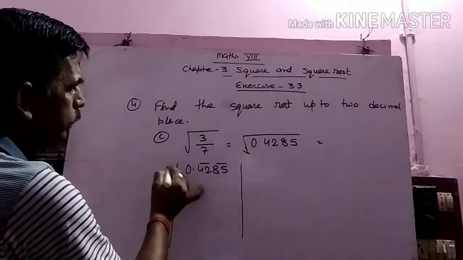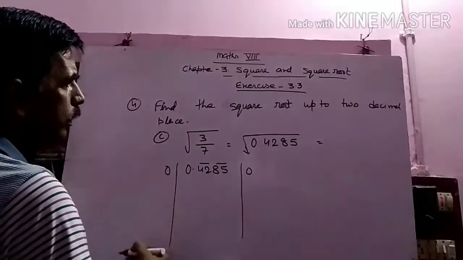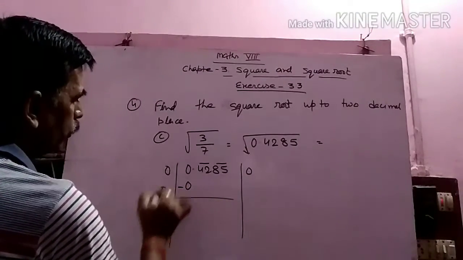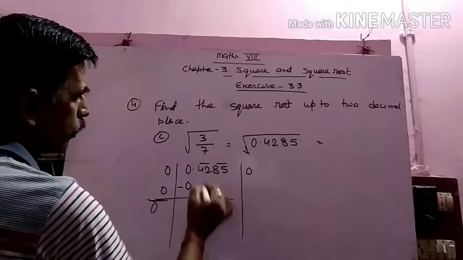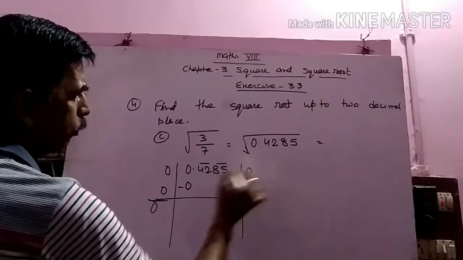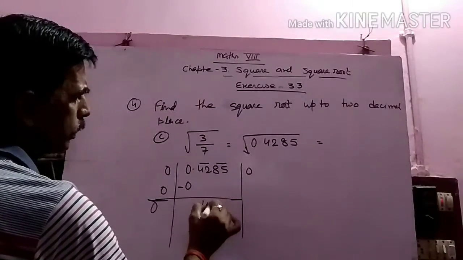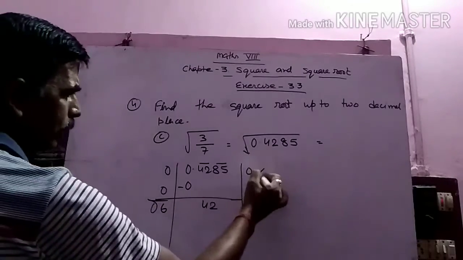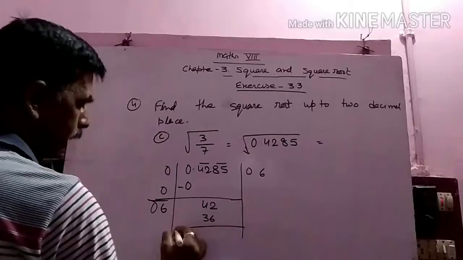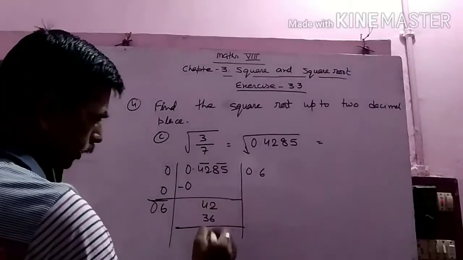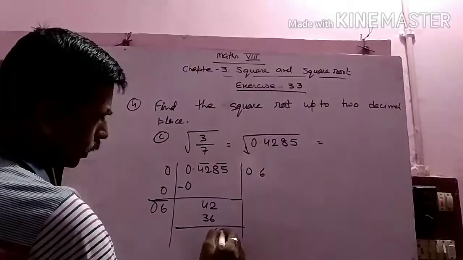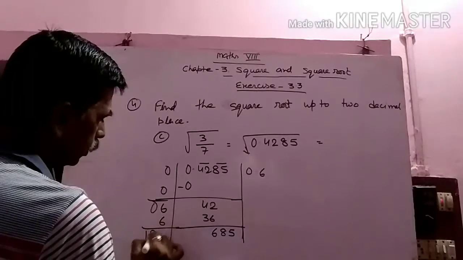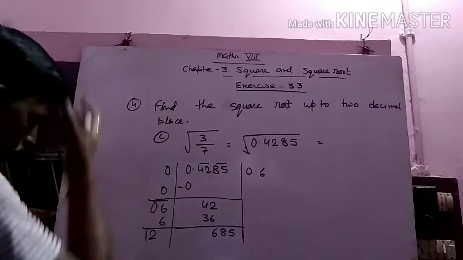In that case 0 ones are 0, 0 zeros are 0, so it becomes 0. 0 plus 0 becomes 0, so the decimal is here, so we place one decimal here, then 42 is written back here, so it becomes 6 times, 6 sixes are 36, and after subtracting, it becomes 12 minus 6 is 6, 8, 5, then 6 plus 6 becomes 12, and which is